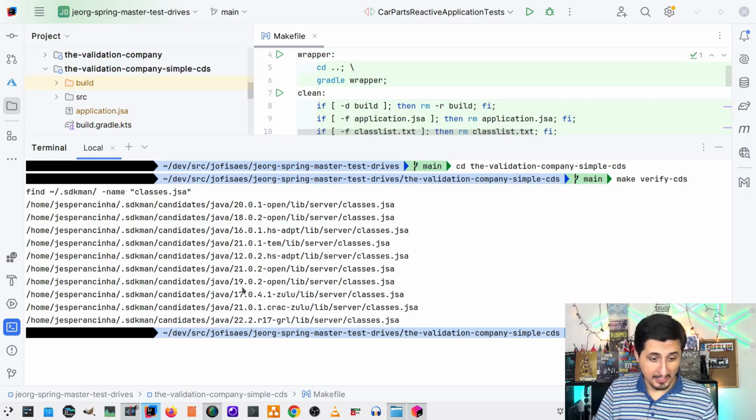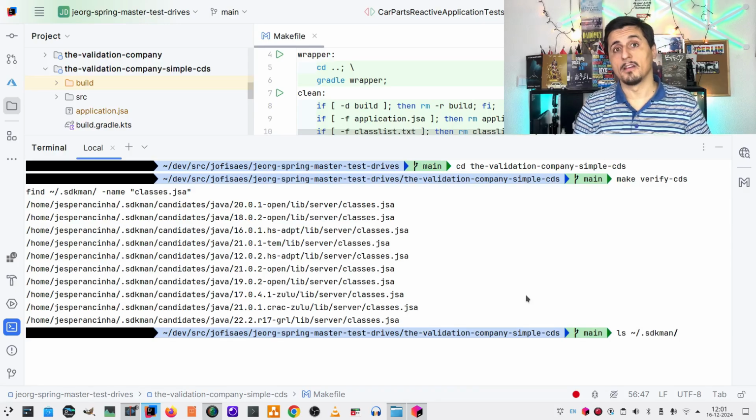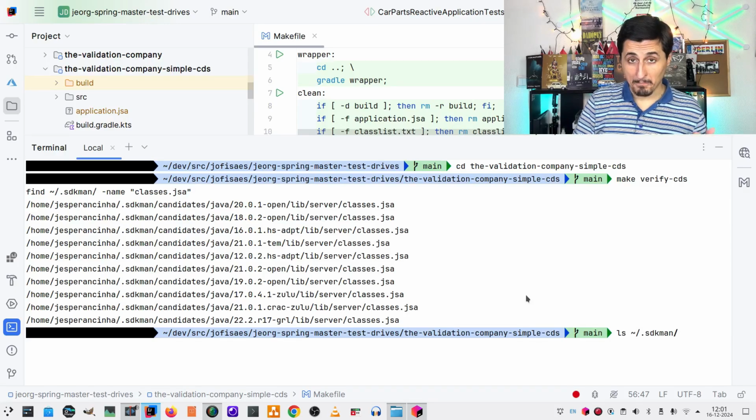Another 19 version, 17 version, then there's a Graal version and a GraalVM version, and all of them have classes.jsa in them. And if we do just a quick listing of the folder that contains all of these JDKs, the SDKMAN folder,